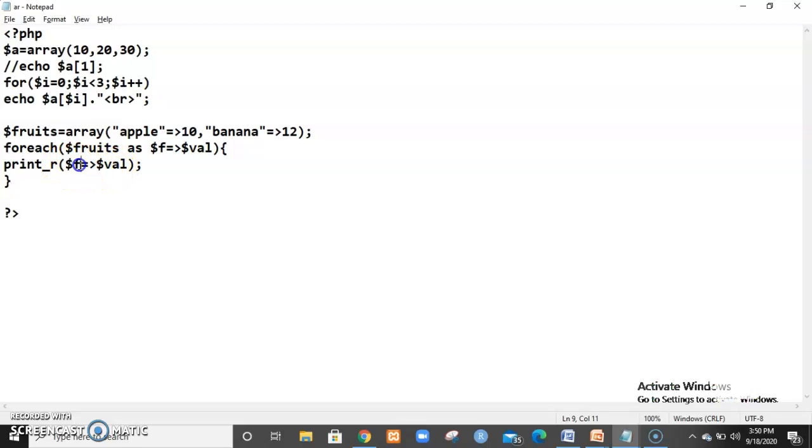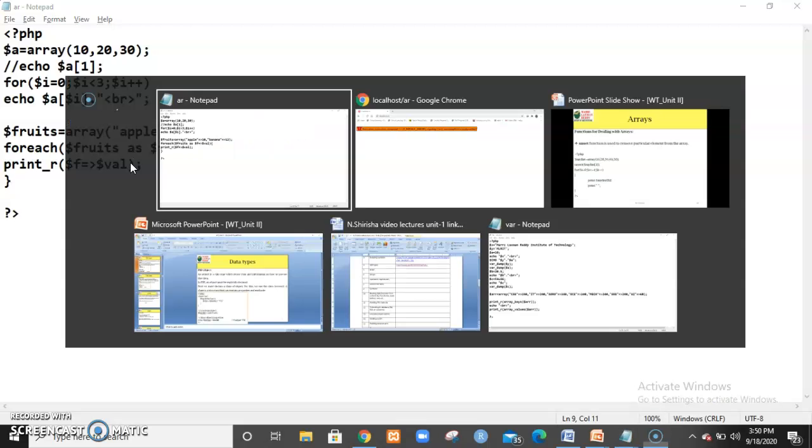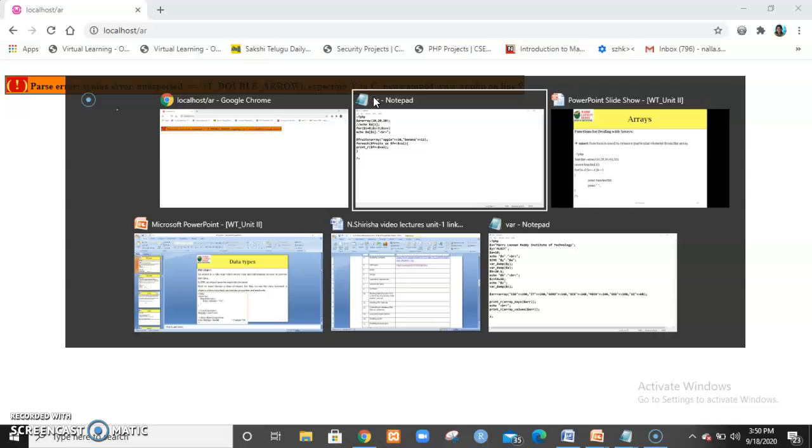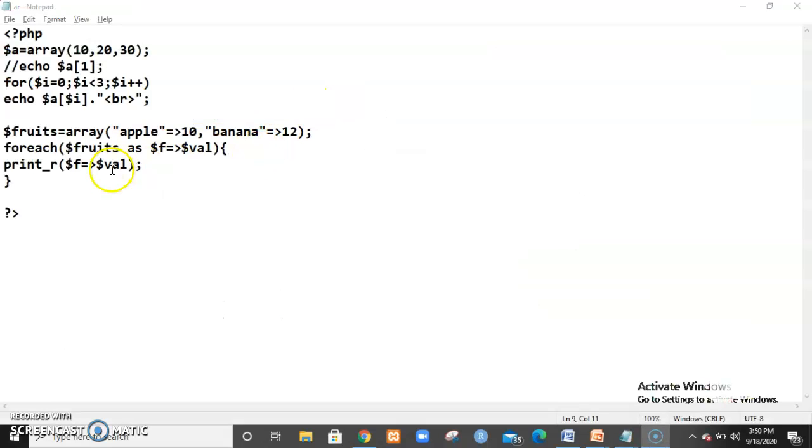So print_r, some bracket. So this is the print_r function, $f => $val.